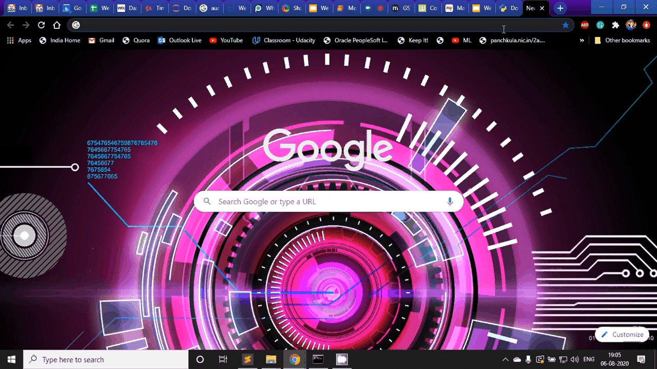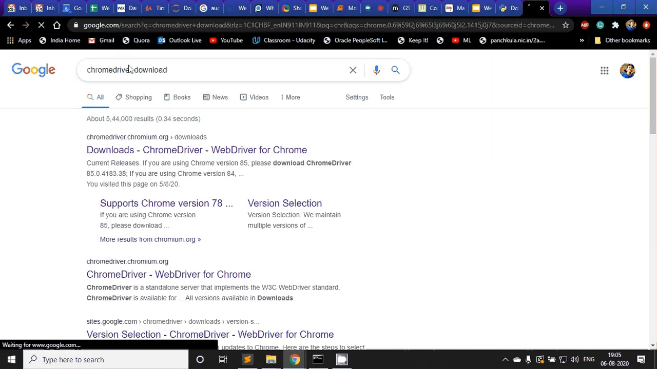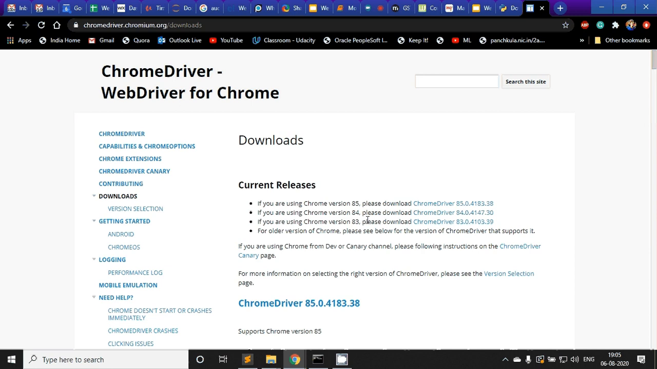So if I search for Chrome driver download, I'll come to this page. And here I can see that there are a few versions of Chrome. This is important to understand because it is required. We have three versions here, 85.0.41, 84.0.41 and 83. What you will have to check